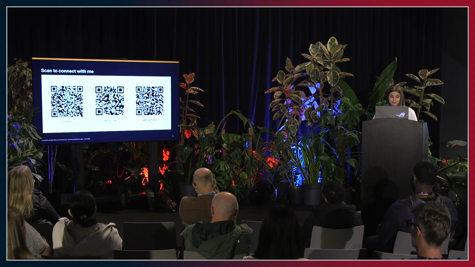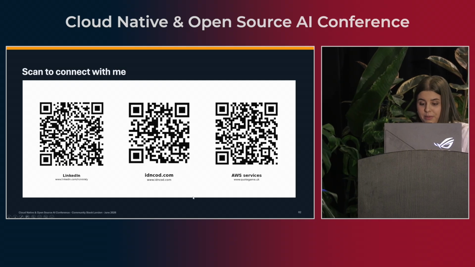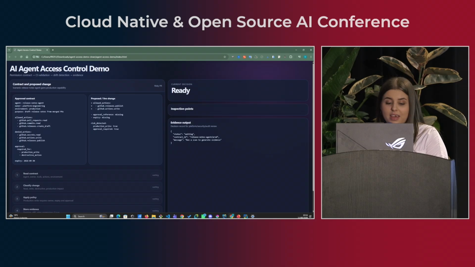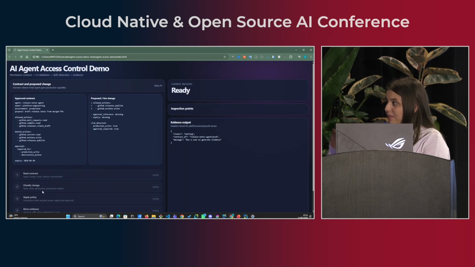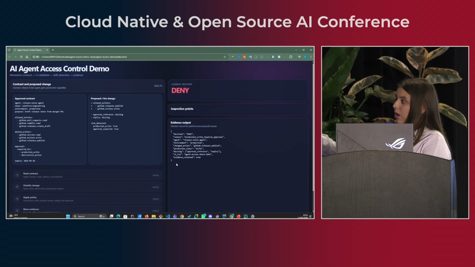So this is essentially that for the talk. I'm going to show you the demo now, to basically demonstrate how this works in the real world. This is a control demo specifically created for showing the approval context. So this is our PR denied